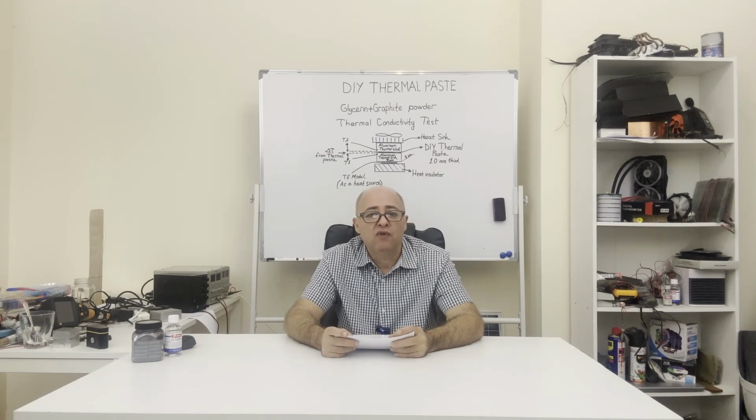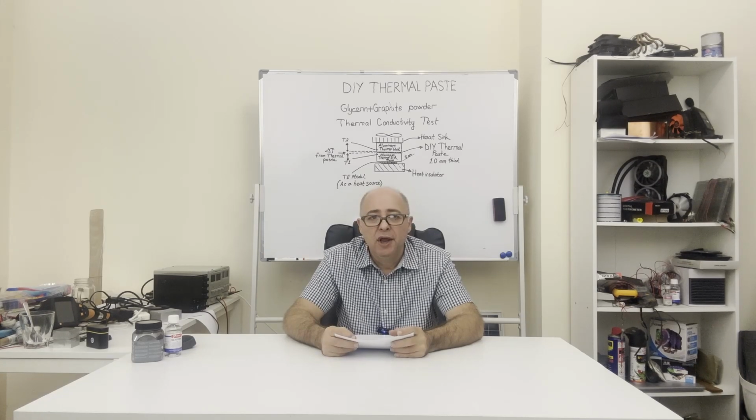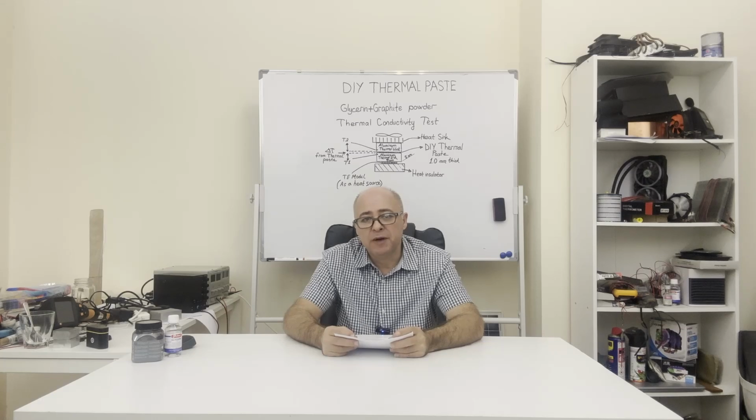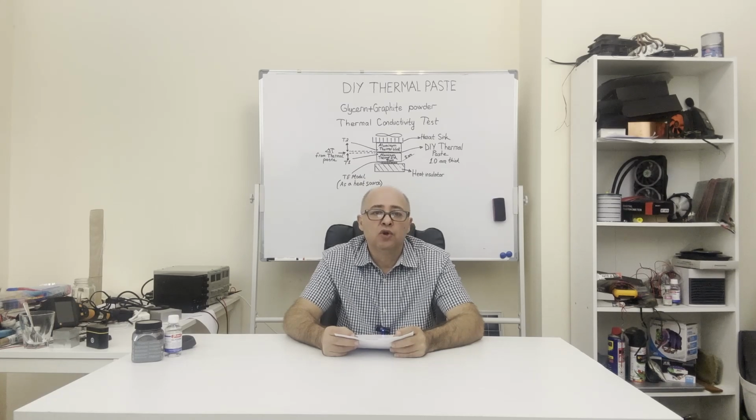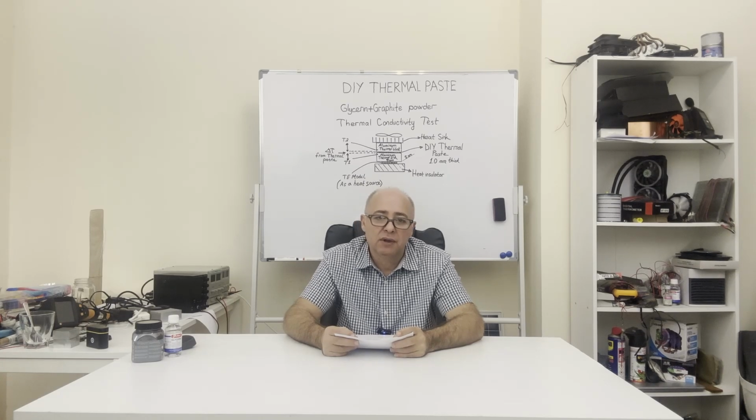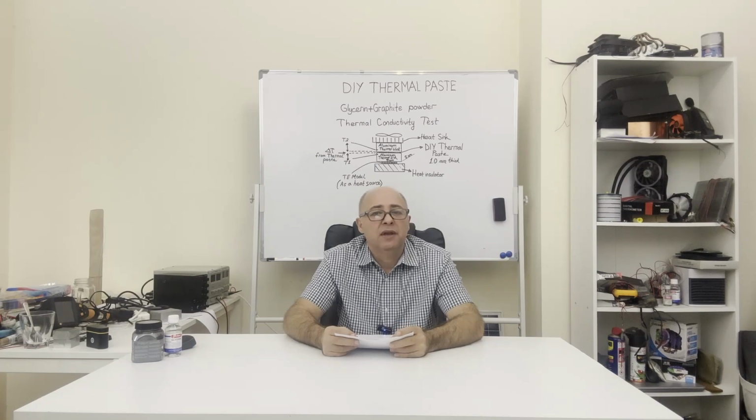The mixing ratio of graphite powder and glycerin is important in terms of the properties of the thermal paste we will make. While an increase in the glycerin ratio has a positive effect on filling the gaps, it will also have a negative effect on leakage and total thermal conductivity. In this experiment, I tested a lot of different ratios of graphite powder and glycerin mixtures, and I want to give you the best mixing ratio I found. I'll show you how I made the mixture and measured its thermal conductivity.